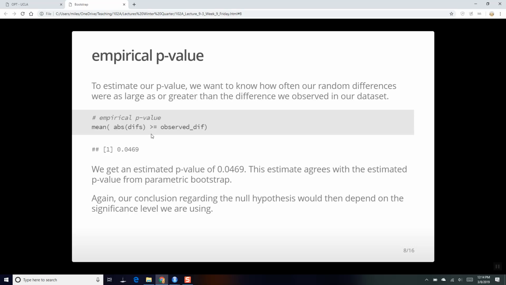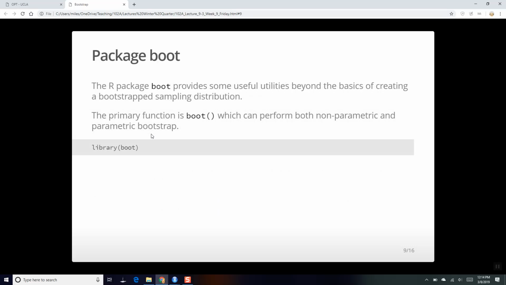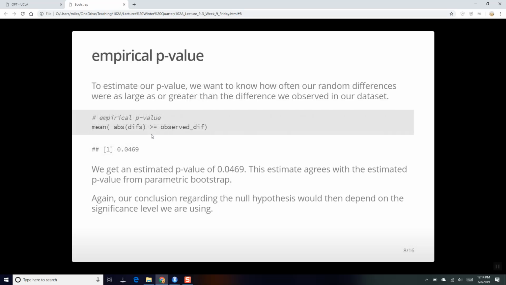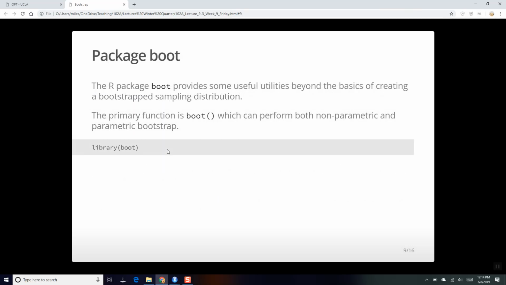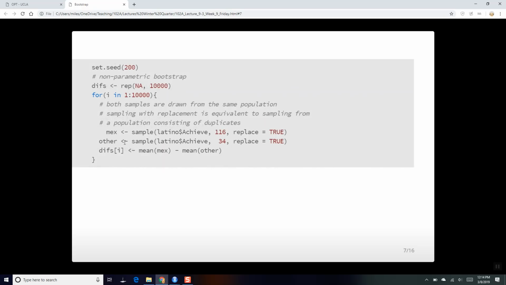Okay, and that's basically non-parametric bootstrap. I want to get into library boot, or package boot, and just talk about other scenarios in which we would apply non-parametric bootstrap. So here we have it for comparing two groups, and here I will do the same thing but using package boot. Okay, so this is perfectly valid,